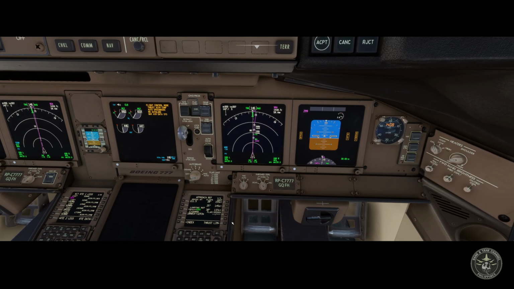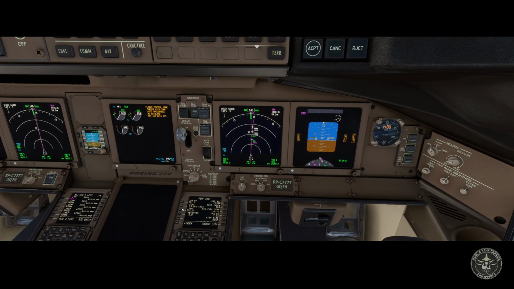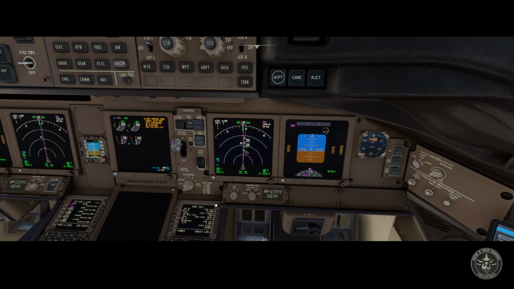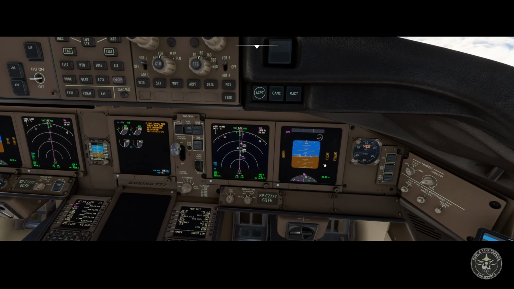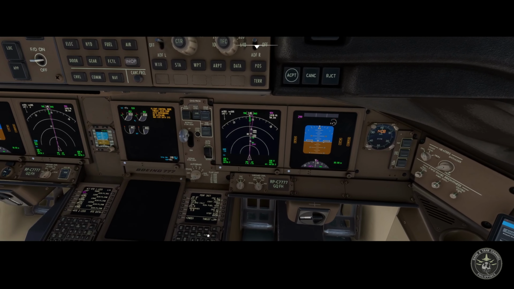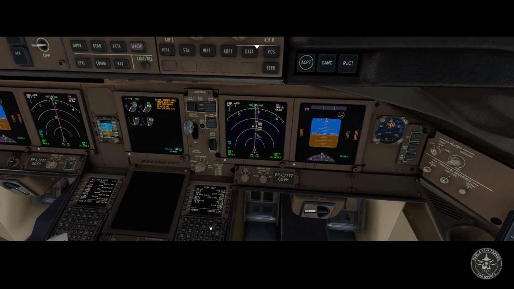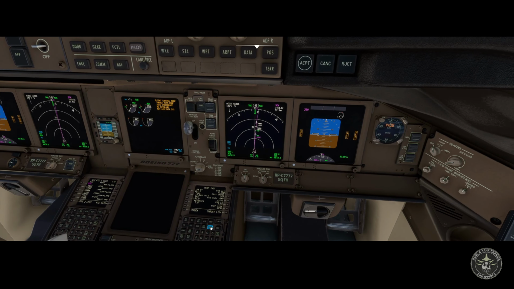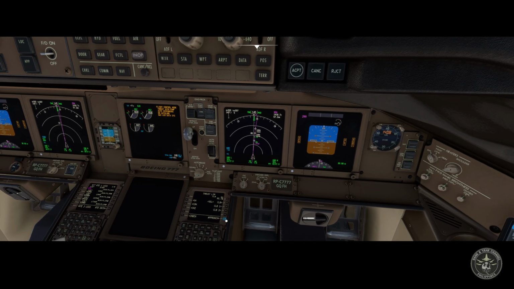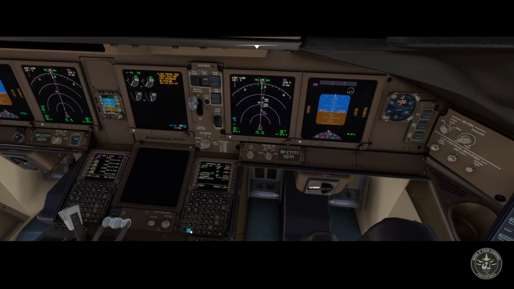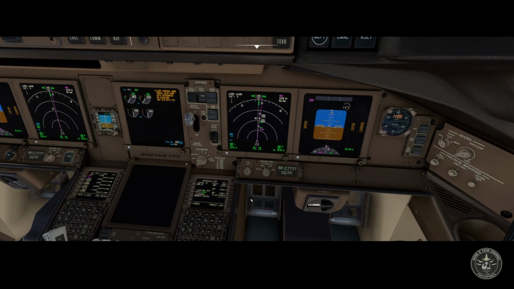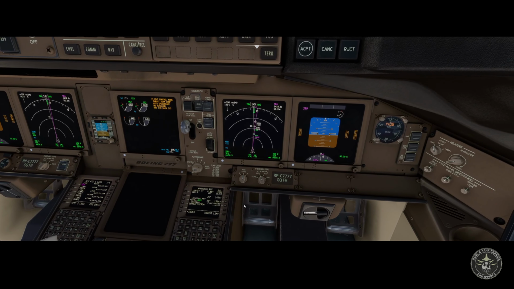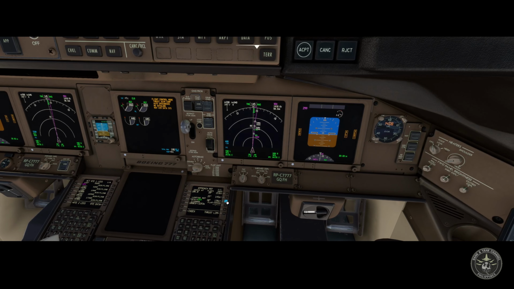In real life, the pilot monitoring should set this up. Since we don't have a pilot monitoring, I'm going to fly the airplane and set up the aircraft also. 199 plus 6, so 200. So approach will be 206. We're going to use flaps 30 for landing.